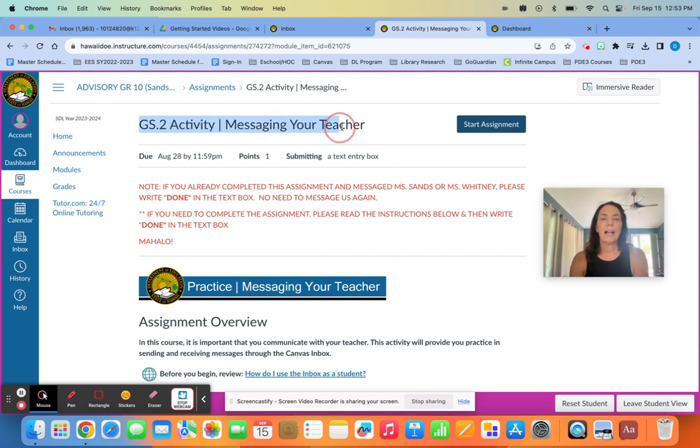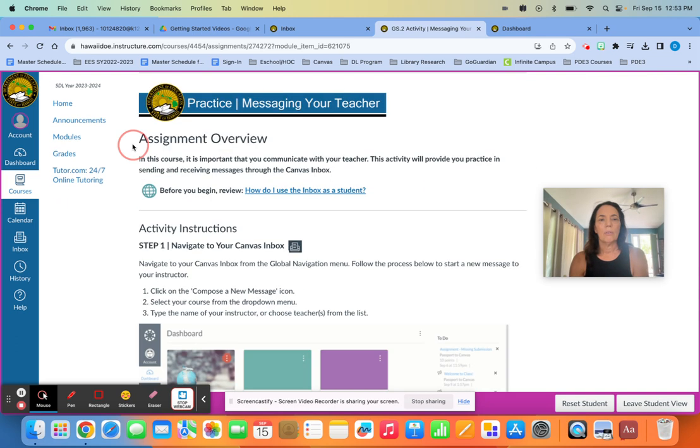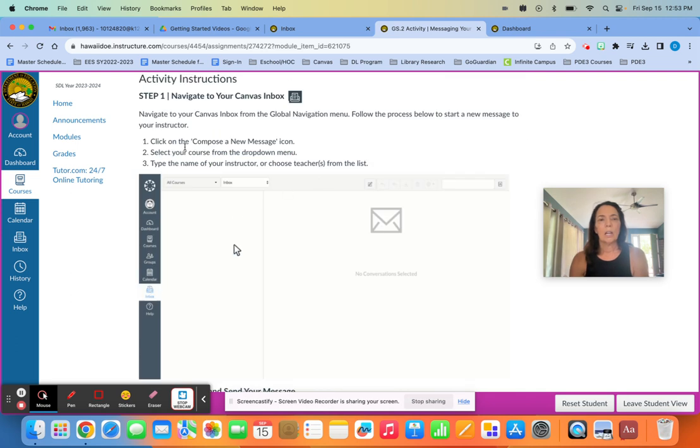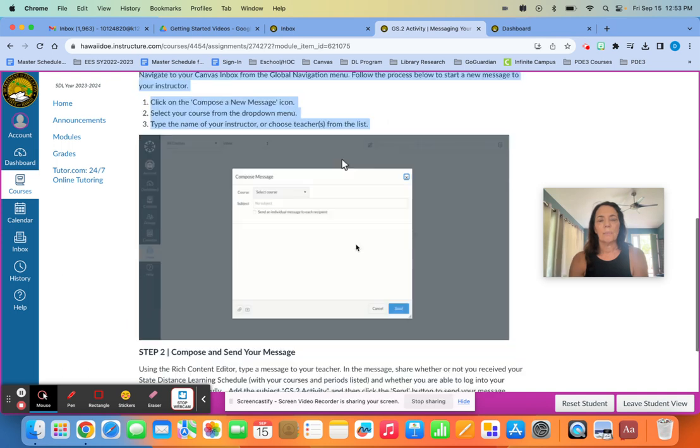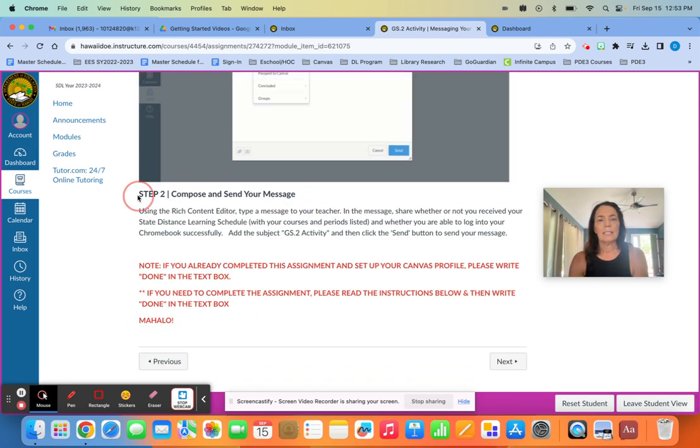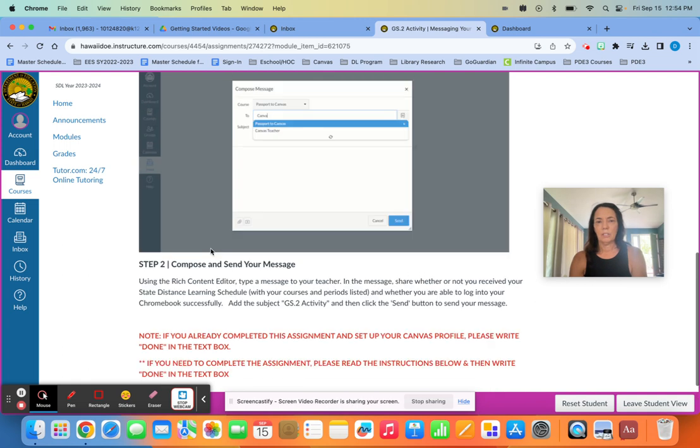So this activity, again, you want to look at the assignment overview. There might be a link that tells you how to do that. There might be a screenshot, and then it says steps. So you're going to follow along with the steps. And then it says step 2, compose and send your message. And then it tells you what exactly you're going to do. Okay, so this says to send your teacher